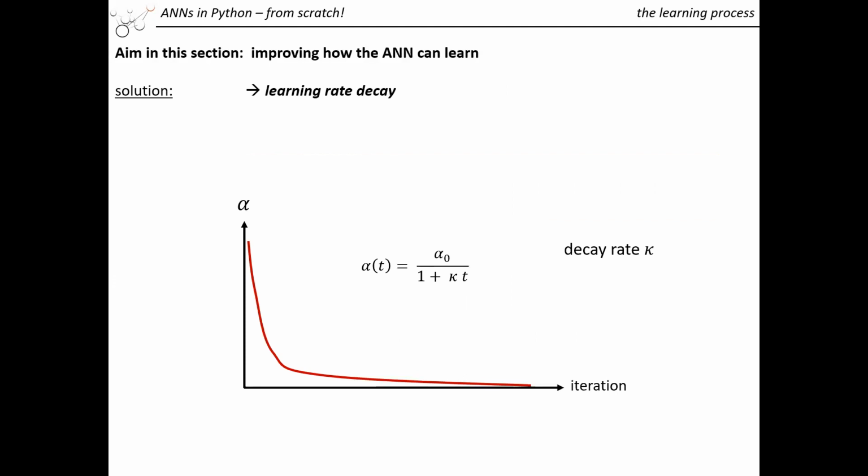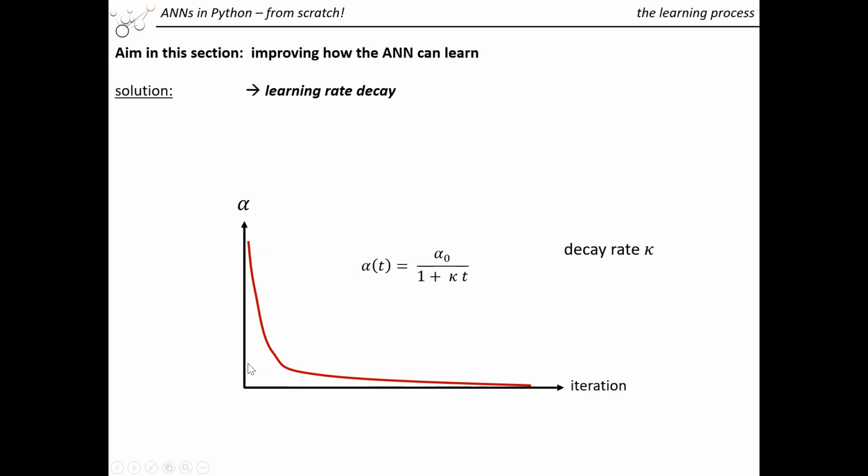And let's start with implementing a learning rate decay. So the idea is that you have a function. We start with the initial learning rate, called alpha sub 0, and it's a function of t, of time, so of the iterations/epochs. And we modify it in such a way that we have a continuous smooth function, and we divide the initial learning rate by a factor in the denominator, which is essentially the product of a so-called decay rate and the number of iterations/epochs, so that the learning rate decreases